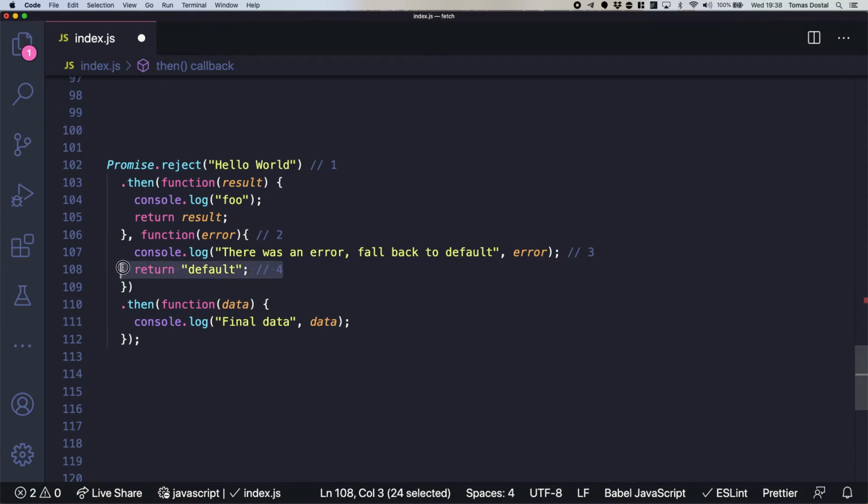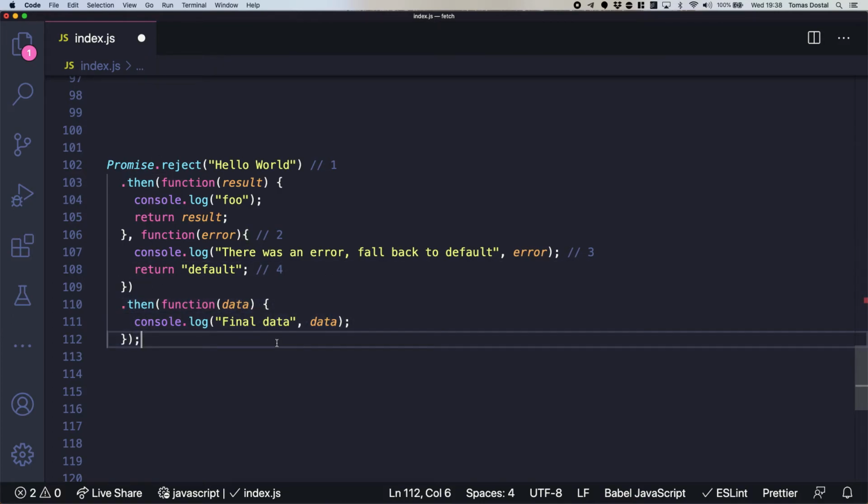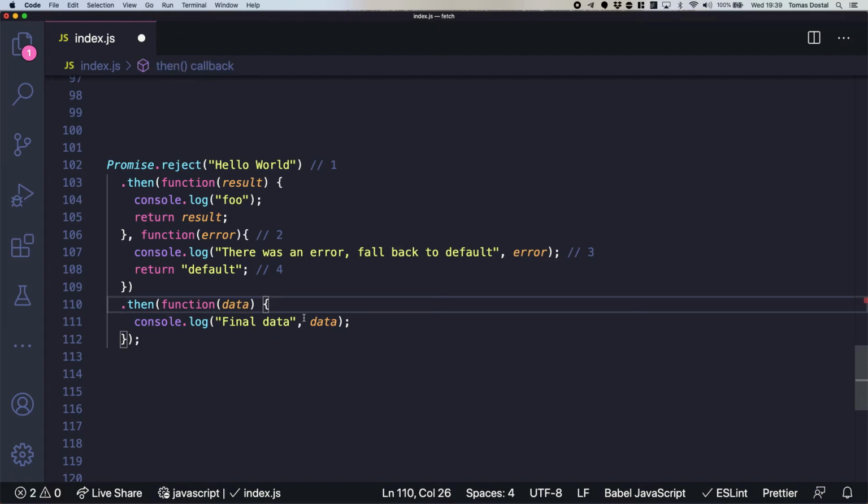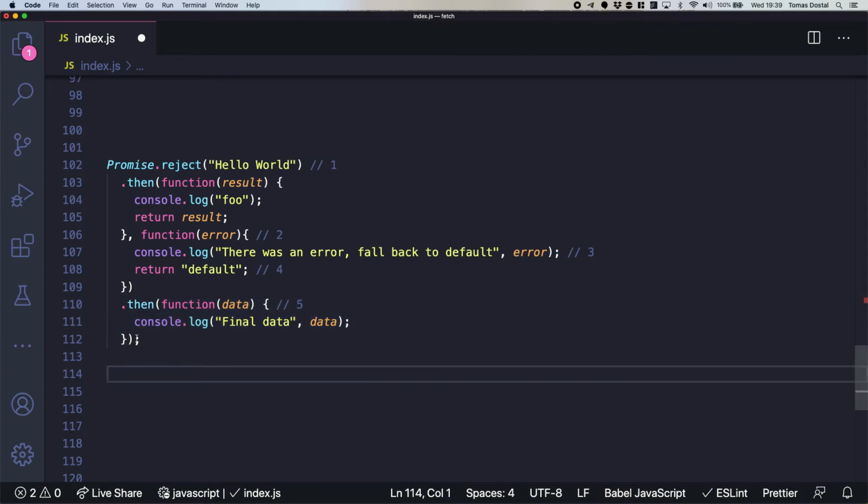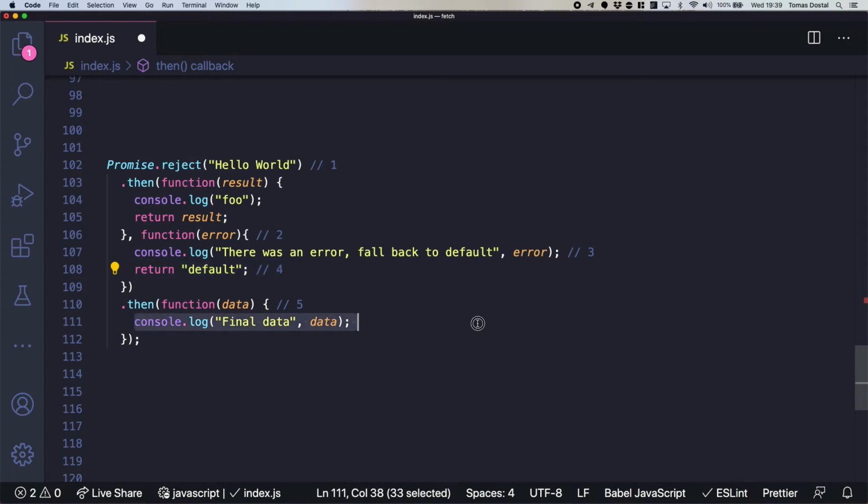Whenever you return in a promise, it will handle it as a success. So it will go down to the then, right? So this will be our next step. And it will take the successful callback, not the error callback, because we returned. And it will come in here.